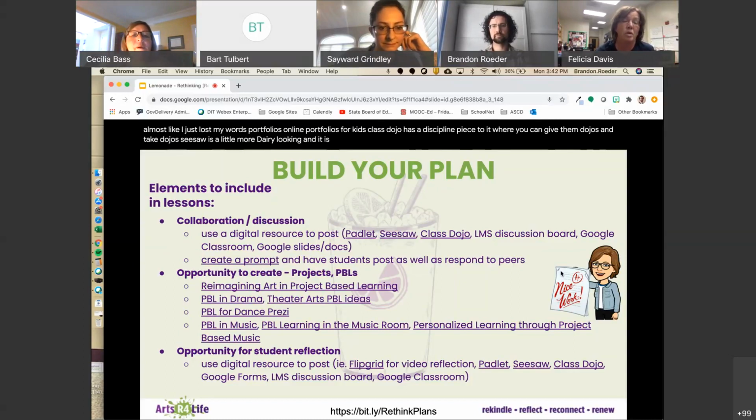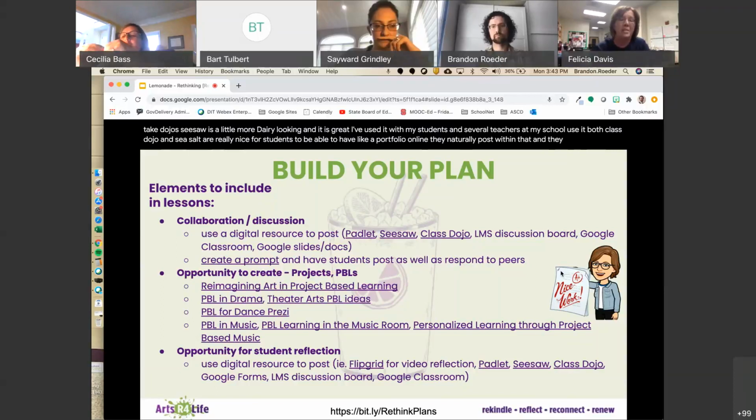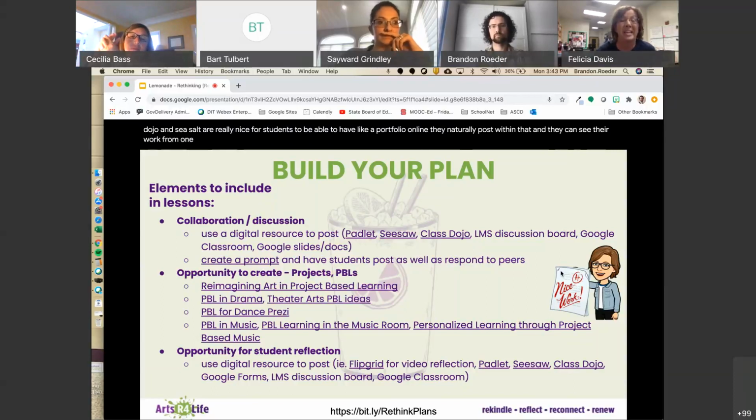I've used it with my students, and several teachers at my school use it. Both are really nice for students to have a portfolio online. They naturally post within that, and they can see their work from one time of year to the next. It's real easy how that happens. It's very social media looking, but it's also very safe and locked down so that the general public doesn't get in and see students' work.